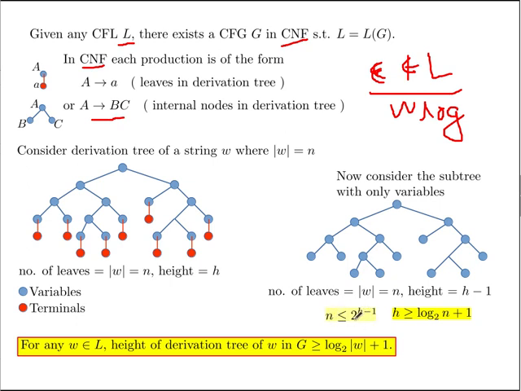So it is at most 2 to the height of this tree, which is the height of this tree minus 1. So that means we have this inequality. The height is at least log base 2 of n plus 1, right? Because height is an integer obviously, and here you see that h minus 1 is